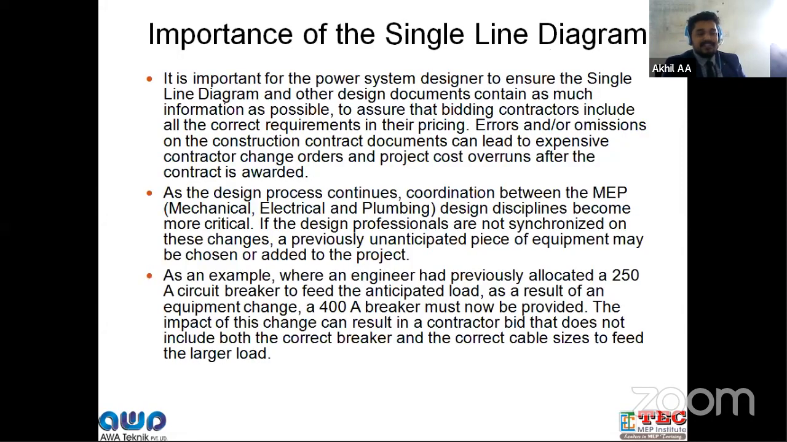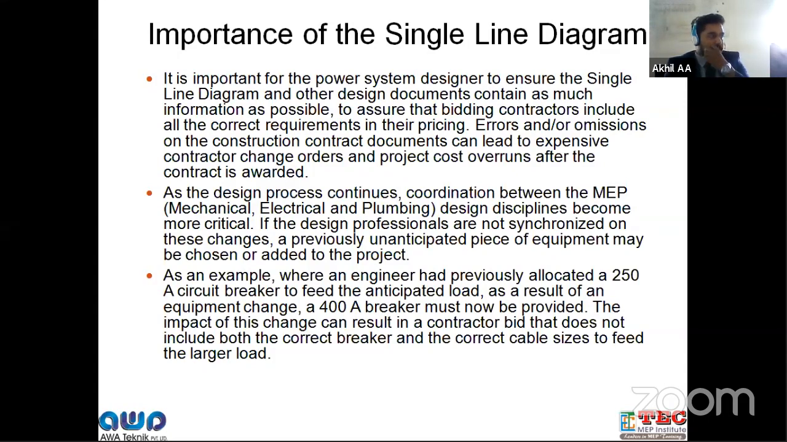Okay. Then what is the importance of a single line diagram? It is important for the power system designer to ensure the single line diagram and the other design documents contain as much information as possible to assure that bidding contractors include all the correct requirements in their pricing. Errors or omissions on the construction contract documents can lead to expensive contractor change orders and project cost overruns after